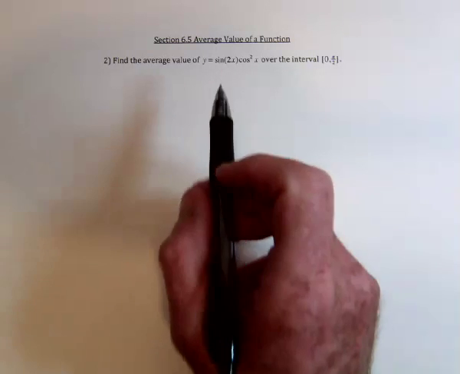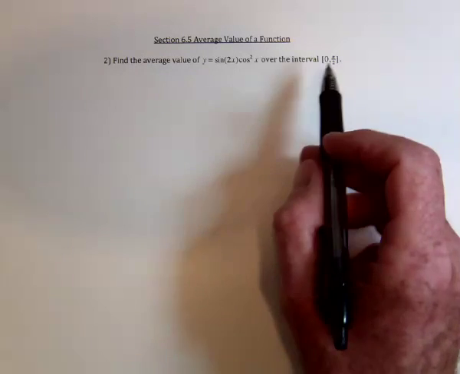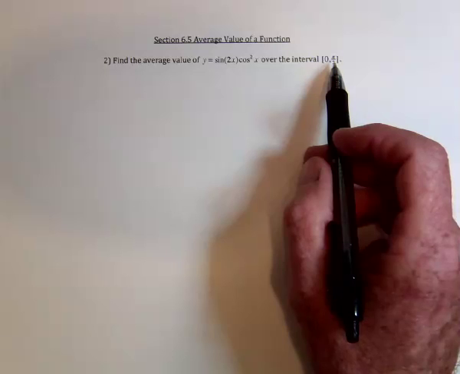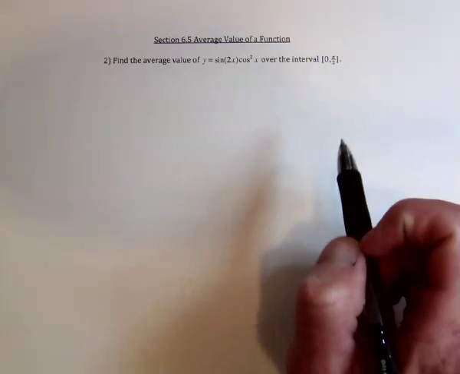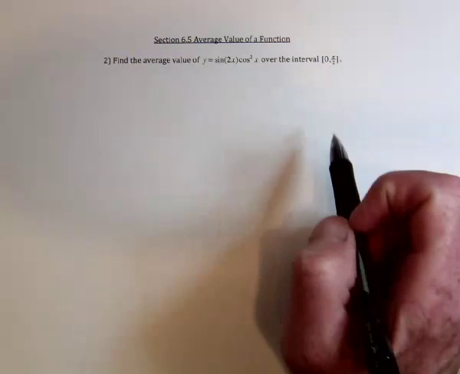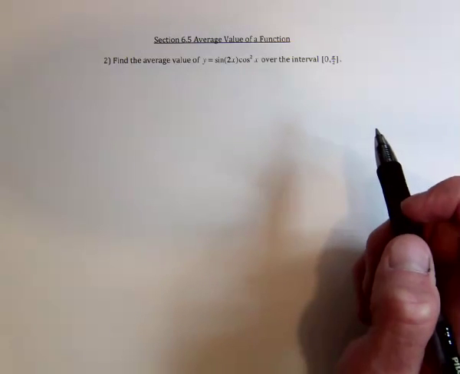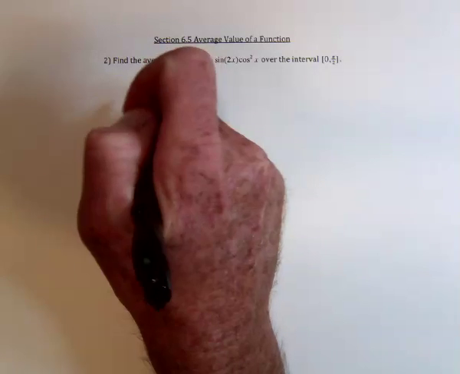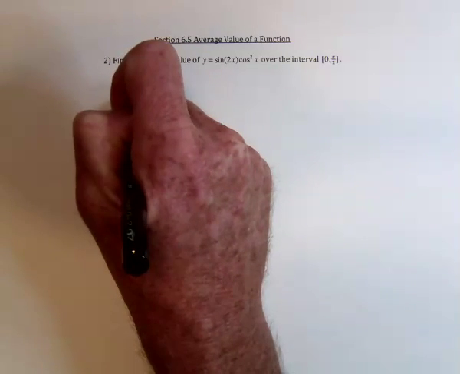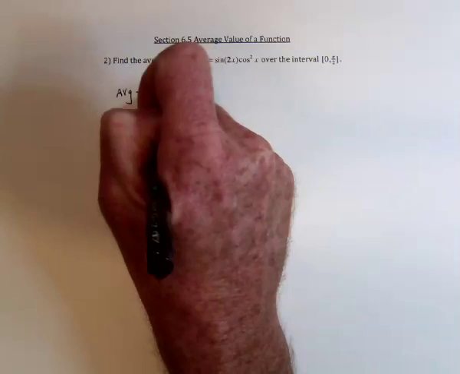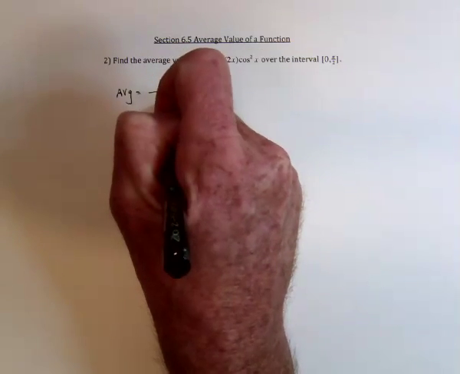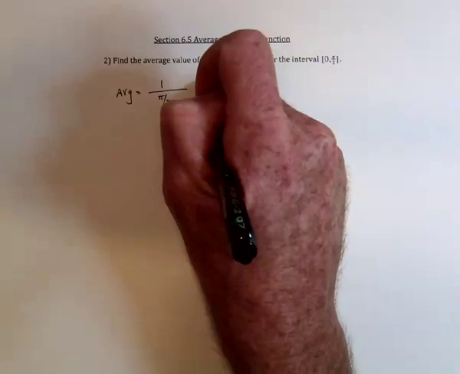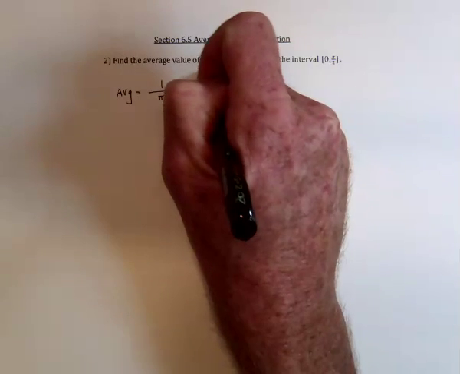So I chose this problem mostly because it's going to be a lot of fun to integrate. So we need to integrate this function over the interval from 0 to pi over 2, and then divide by the length of the interval, 1 over pi over 2. So the average is going to be 1 over the length of the interval, and then we integrate from 0 to pi over 2,